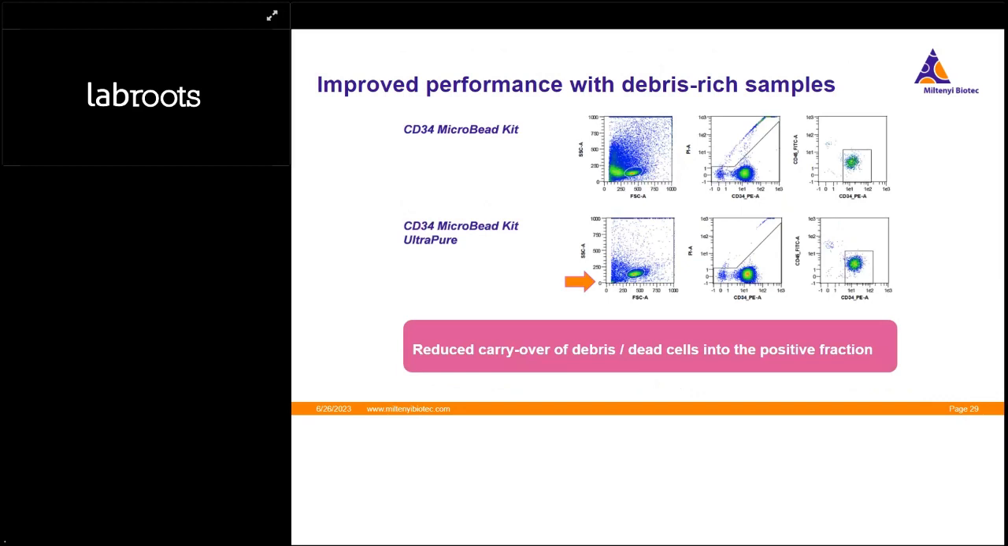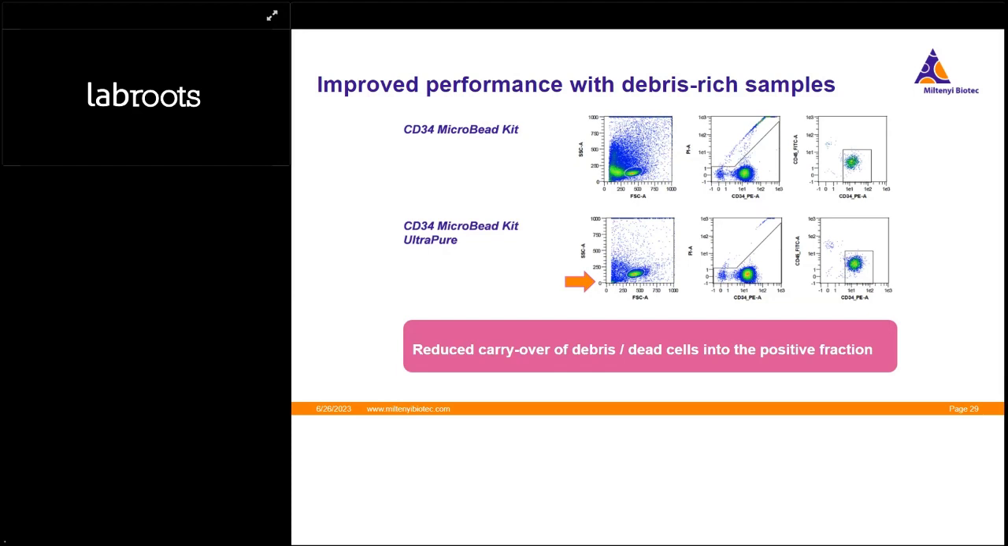So basically, on top is the regular CD34 microbeads. You have the typical gating for mononuclear cells, and then you are gating out based on CD34 positive. You can see that both the standard and ultra pure versions can efficiently recognize CD34 positive HSCs. But if you have a sample that has a lot of debris,